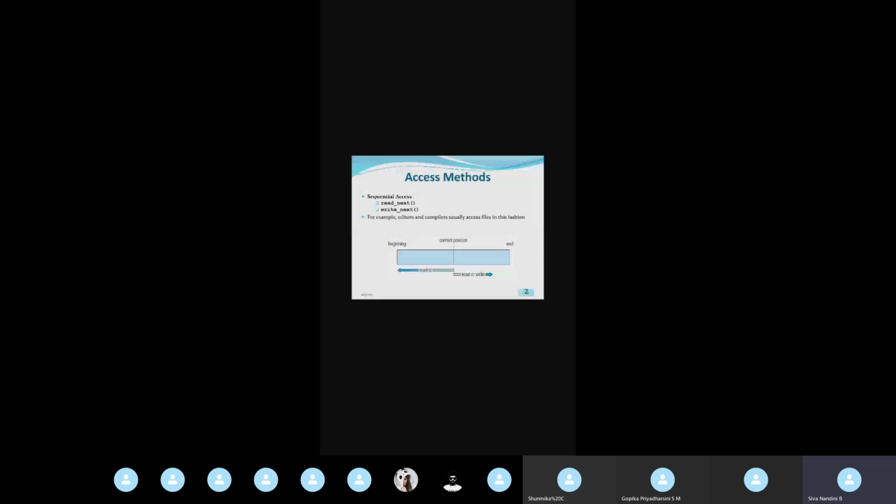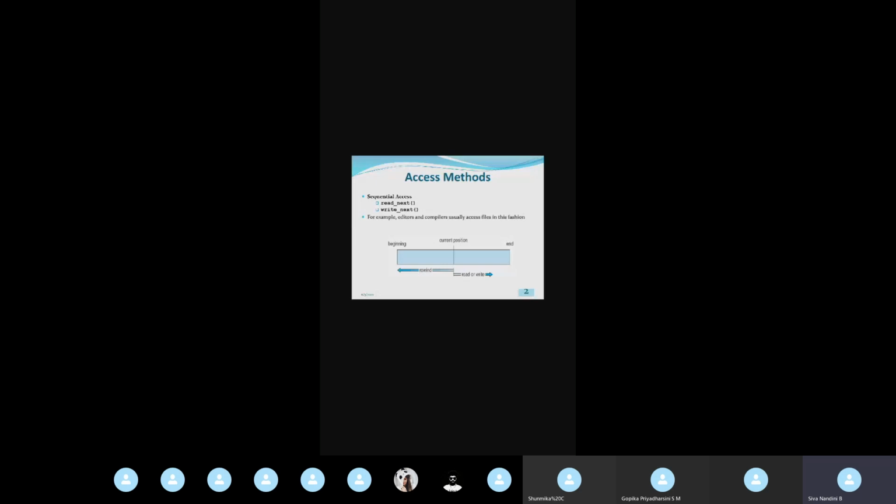Okay, so if we are using sequential access, from the current position 53 we want to access the position 60, that is the data in position 60, we have to cross from 53 to 54, 55, 56 up to 60. We have to cross all those positions in between in case of sequential access. So we can't directly go to that position to access the data if we are having sequential access in the disk storage.